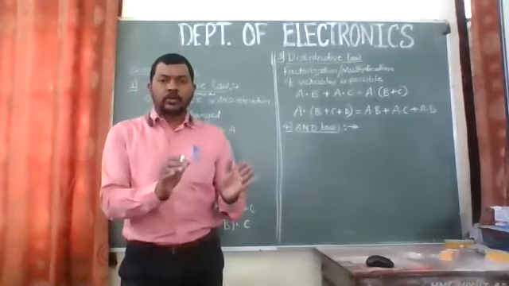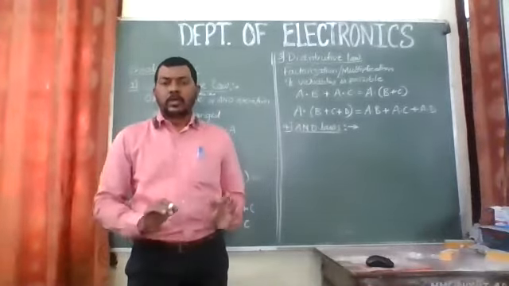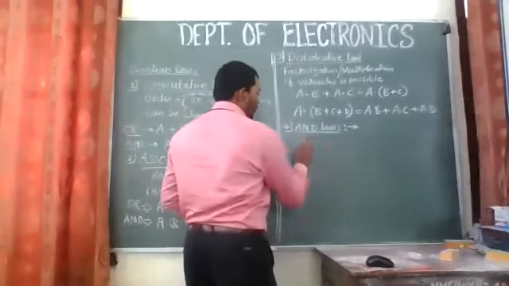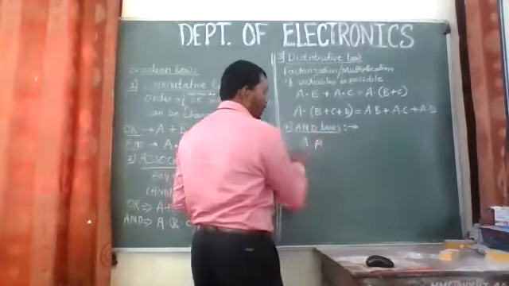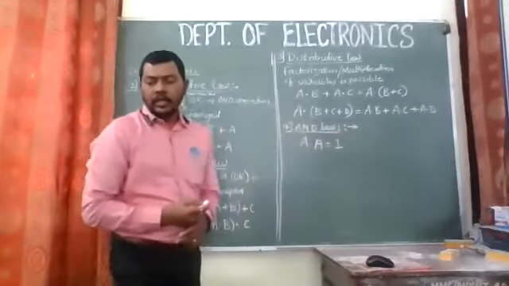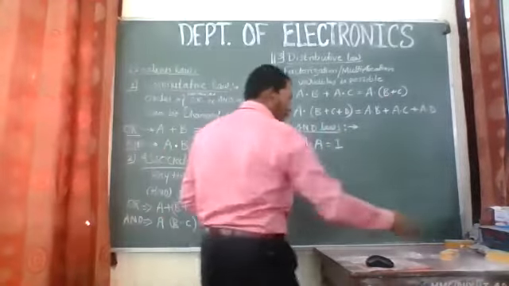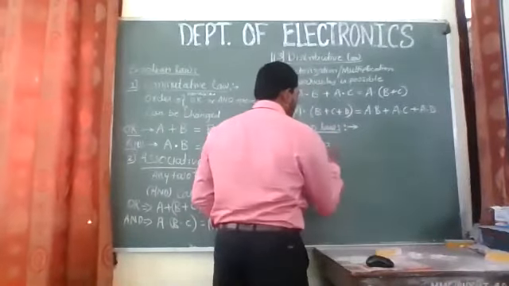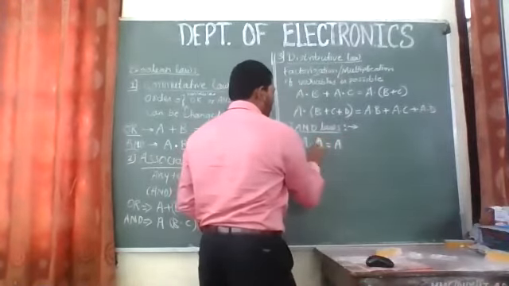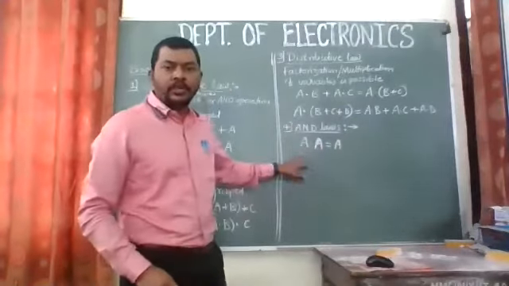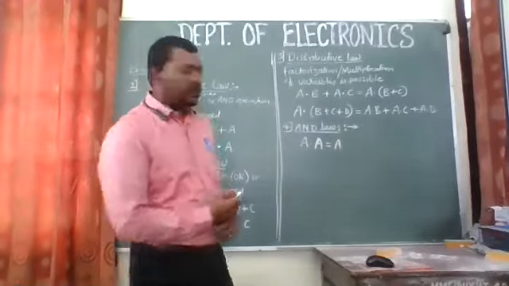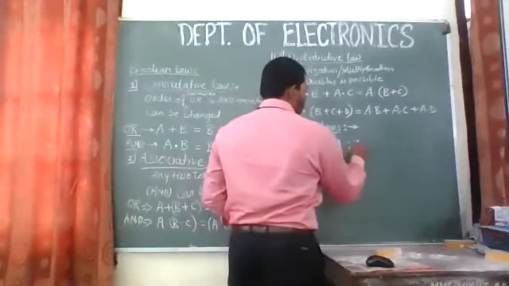Now remember this, because you'll have to write all the laws the same way, right? So we have sub-laws in this. The first one is A dot A, meaning A and the same variable. A dot A is A. So if we have the product or ANDing operation of the same variable, A dot A is equal to A. Right? This is the first one.